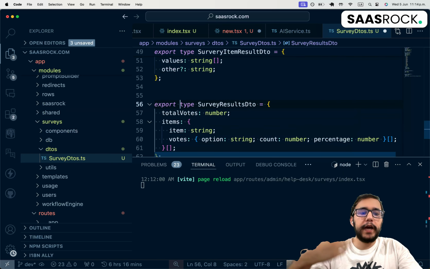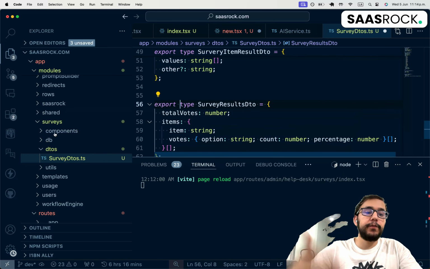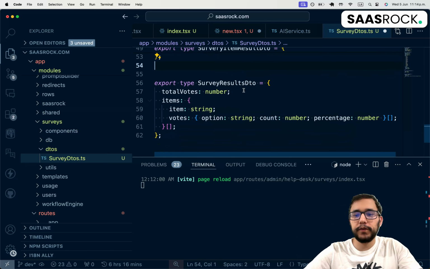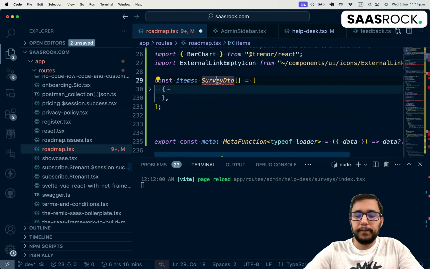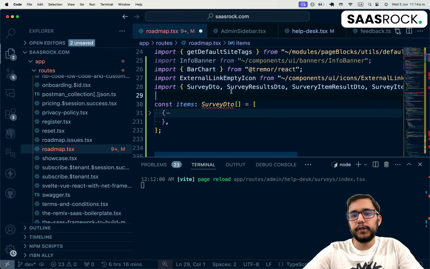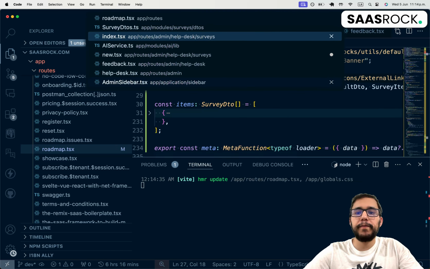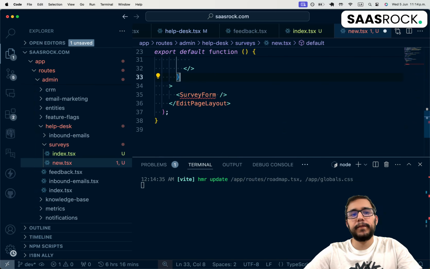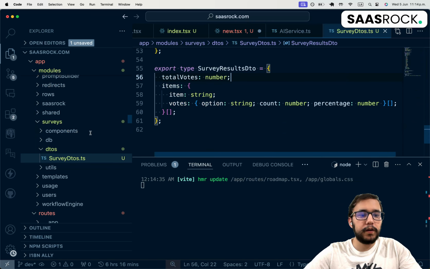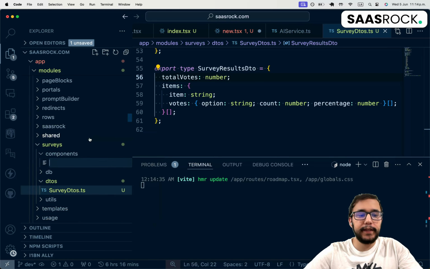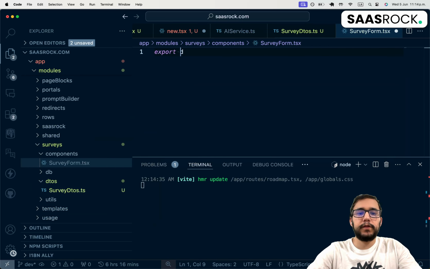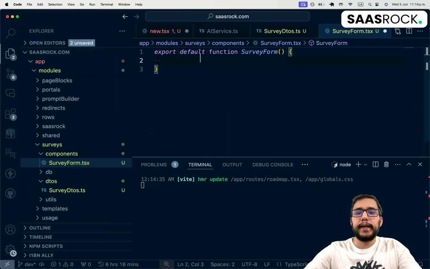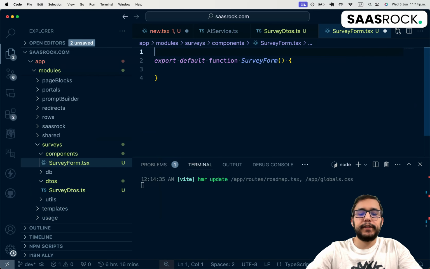I just wanted to show you how I create the new module, the new features module folder structure. Now I'm going to import all the missing imports, which are the DTOs. And going back to what I was doing, create the survey form component. So on the service components, I'm going to create this component, export default function, and the interface of this